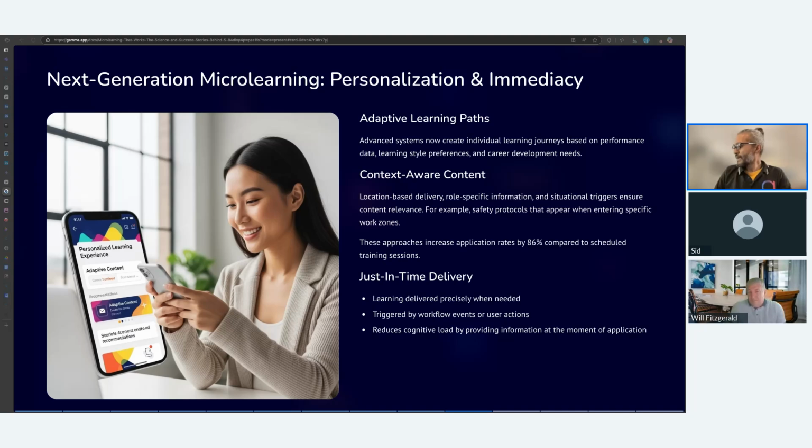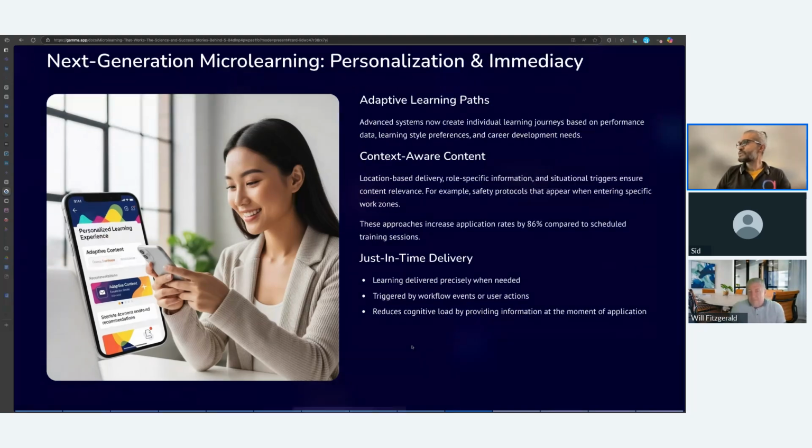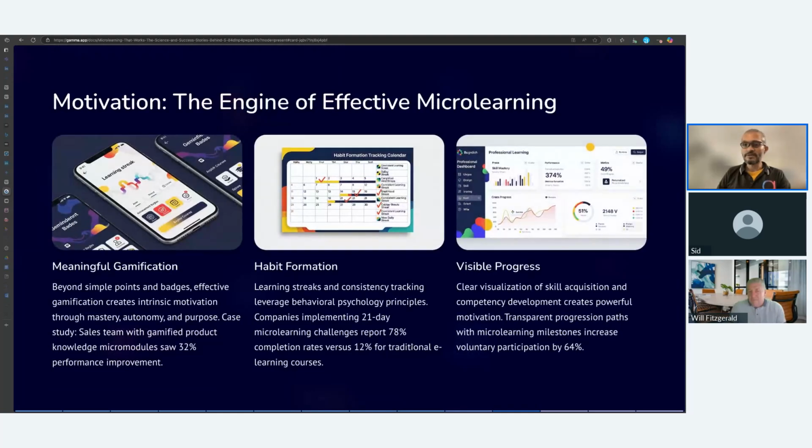Getting back to our presentation, we were talking about this earlier, right, Will? Microlearning. Motivation is very important here. Whatever experience we create, how do we motivate the learner to take that experience, give that time, and get into that routine, habit formation? I had some points. Obviously, there are a lot more when we think of motivation, but beyond simple, unnecessary gamification, what if we create some story-based approaches, scenario-based approaches? We were also talking about this, Will, right?